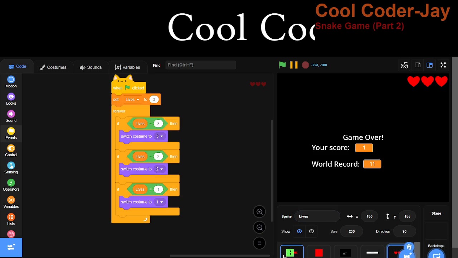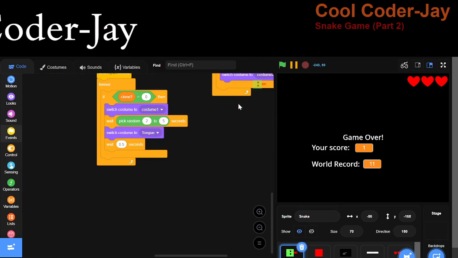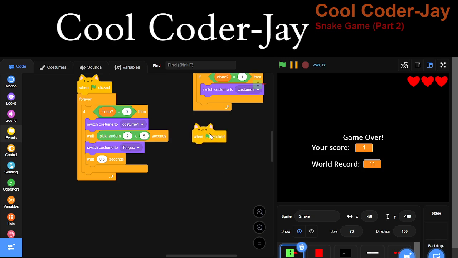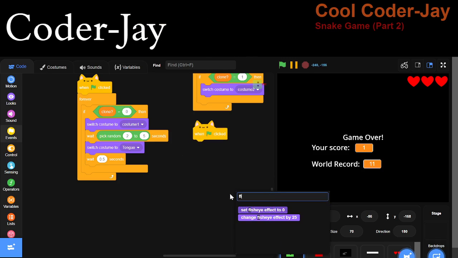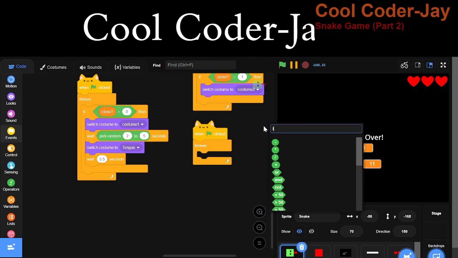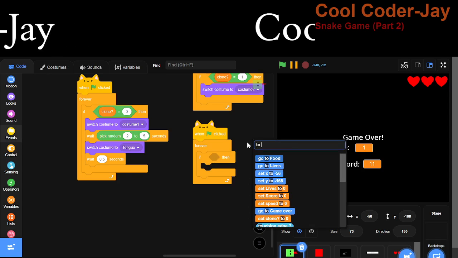Now we are going to make snake collisions work in the snake sprite. When green flag is clicked, forever, if touching color.